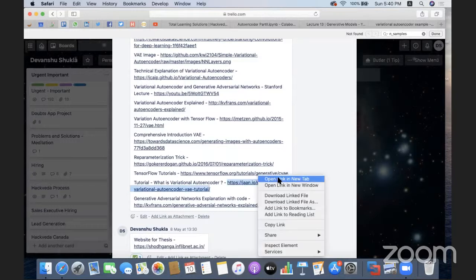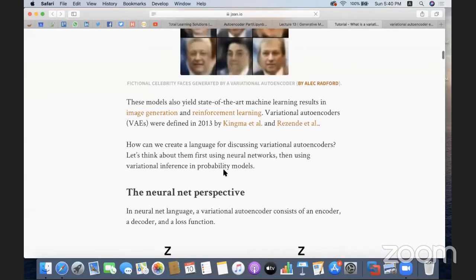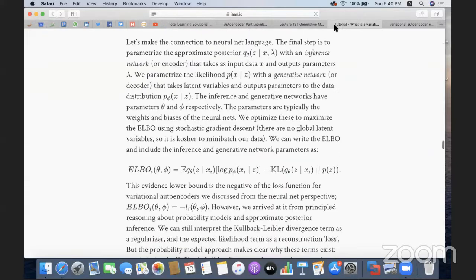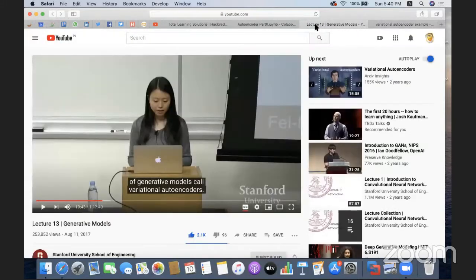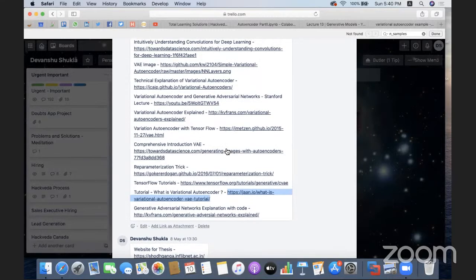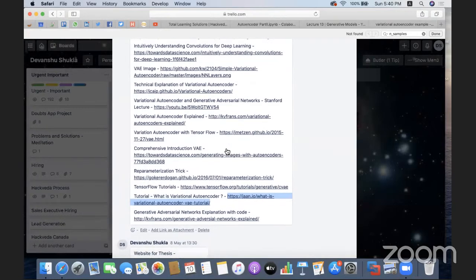Let me just test that. No, not this one. Just give me a moment. I'm just showing you one of the finest articles which can give you a quick understanding of what exactly it is. I've got this technical explanation, VAE image,